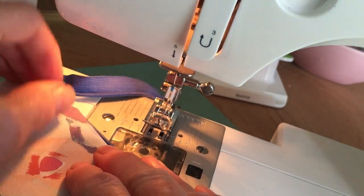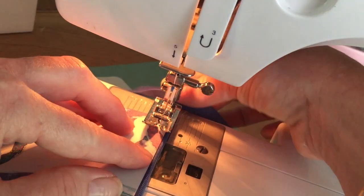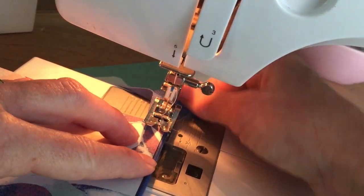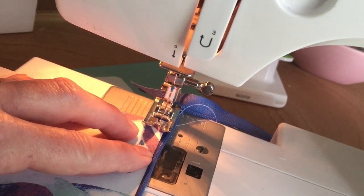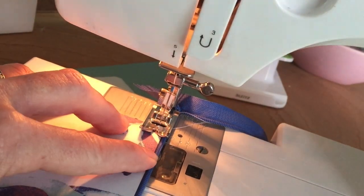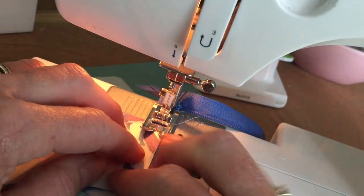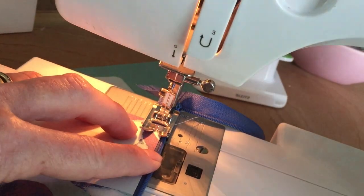We're not doing anything fantastic here, and we're going to turn this around, and I have my stitch length on about a 3. I have my tension on 1, and I'm going to line this up, put your presser foot down, and then I'm just going to use the hand crank and stitch a couple of stitches just to get it going. And I'm just turning it by hand using the hand crank on the side,